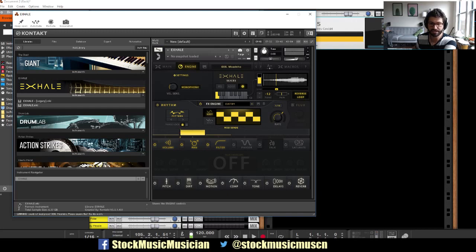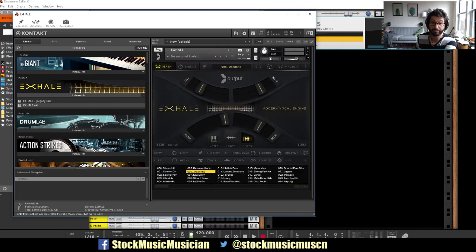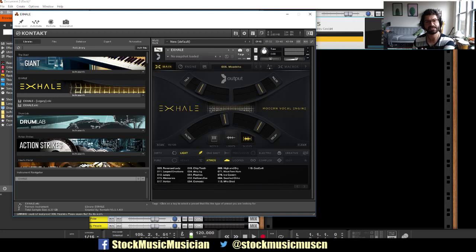And well, let's get to this engine in a second. I'm getting ahead of myself. And then you can sort by tags, which makes it really easy to find a sound that you like. So before we dig into the second half of Output, I think I'll make some sounds,